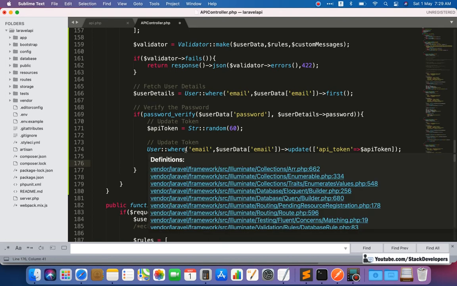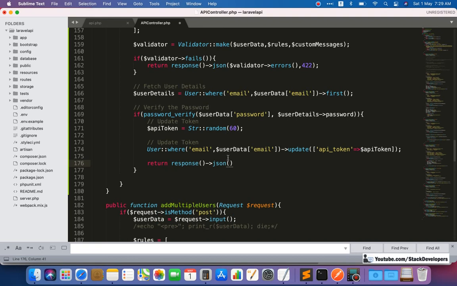We are required to send or return the token as well, because the app developer is required to use that token for further API calls. He is going to save that token so that the token can be matched, and we will keep showing the user as logged in, okay, in the app, until the user is logged out. We will keep the user logged in.